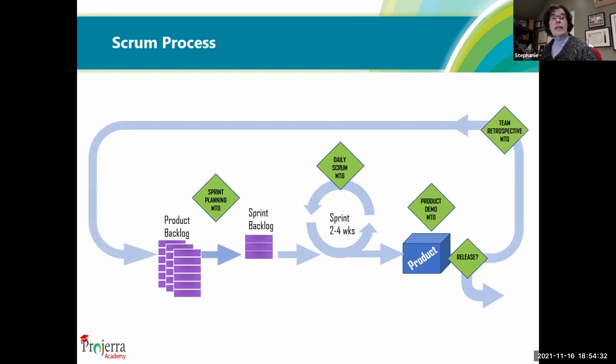So the team will get together. They'll have a retrospective meeting where they look at what they have done over that past sprint, and they'll say, well, this worked well, this worked well, this is really not working well, we've got to change that. And the team does the problem solving to improve their own methods, to improve their own techniques. They do that analysis at the end of every sprint.